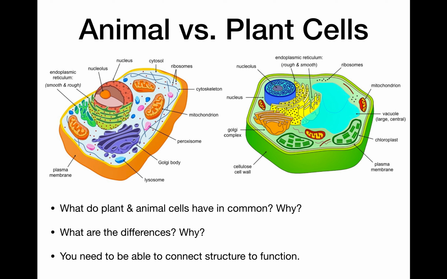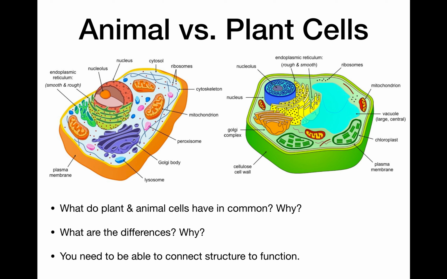Okay, so hopefully you notice that both have a nucleus with a nucleolus. They are eukaryotes, they have to have a true nucleus. They both have an endoplasmic reticulum, smooth and rough, that allows for transcription and translation to happen to make proteins from the DNA. They both have a Golgi complex, Golgi body, which allows them to process proteins and move them around